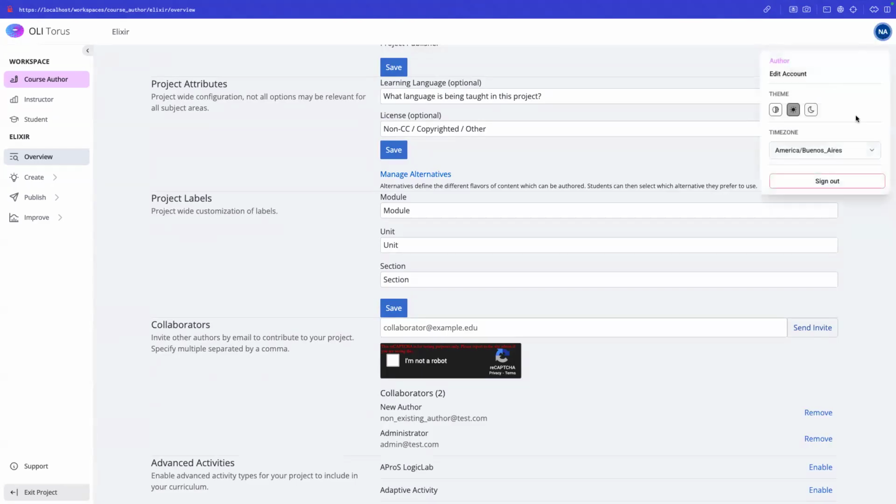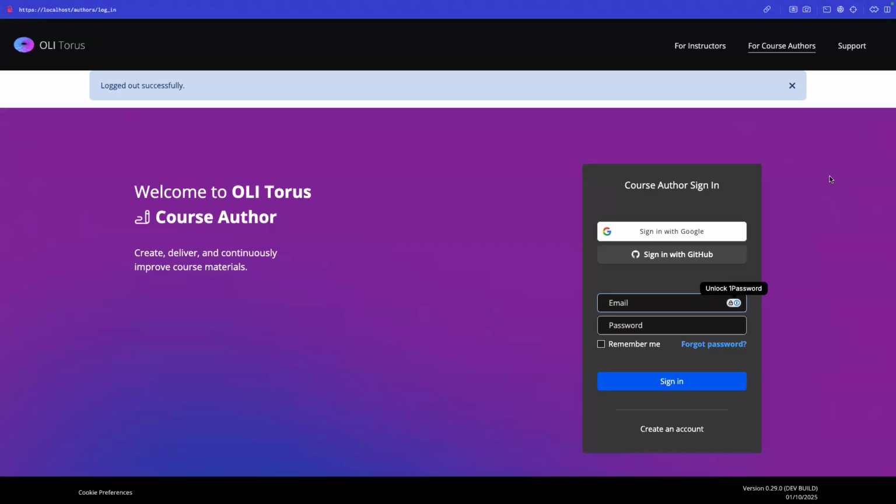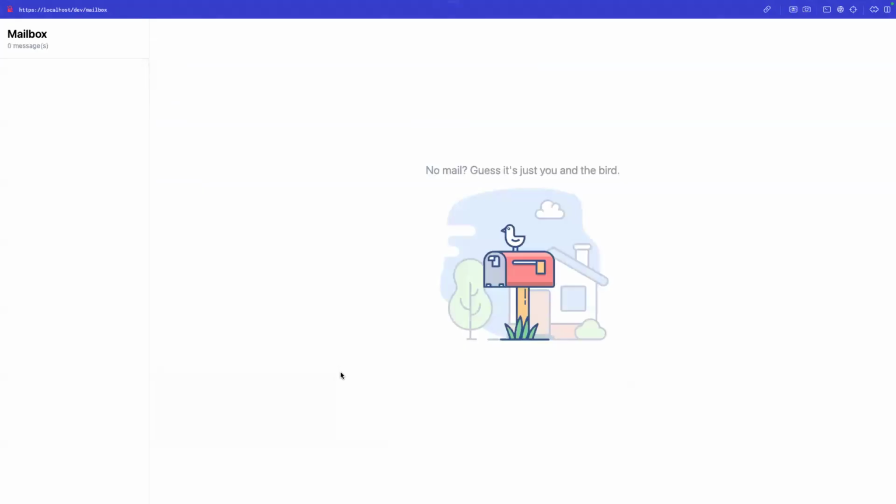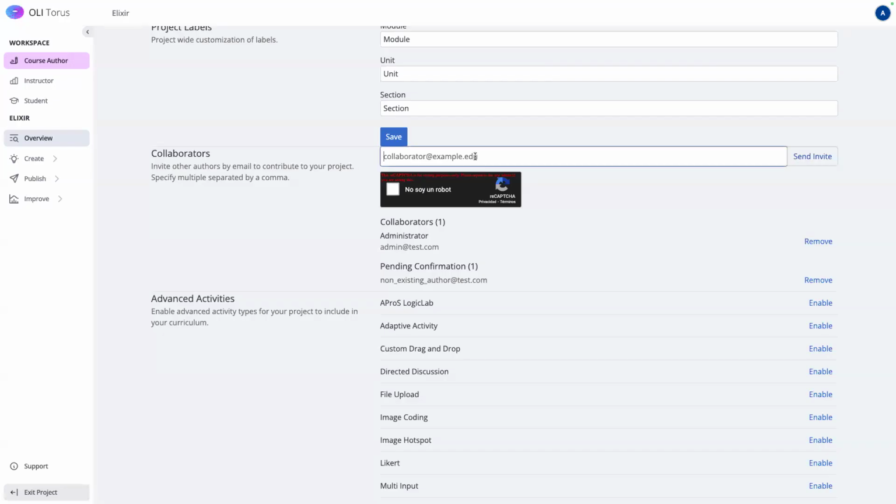I'm going to log out and show you another case. The second case I want to show you is an existing author. Let's say that we want to invite an existing one. By existing, I mean that the author already exists in our system here. So I'm going to send the invite,